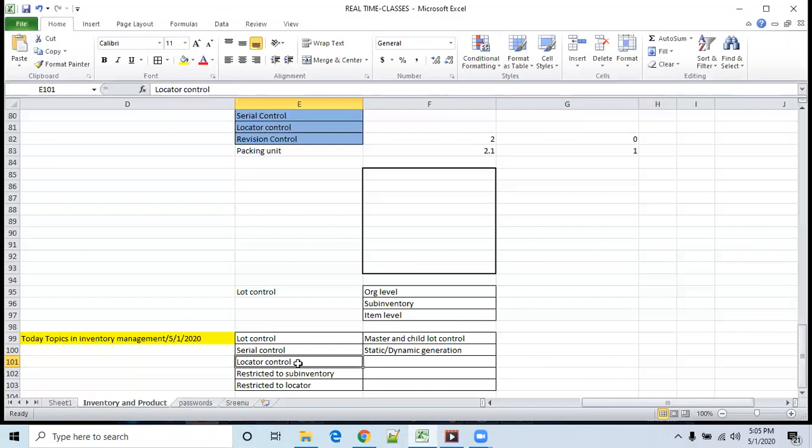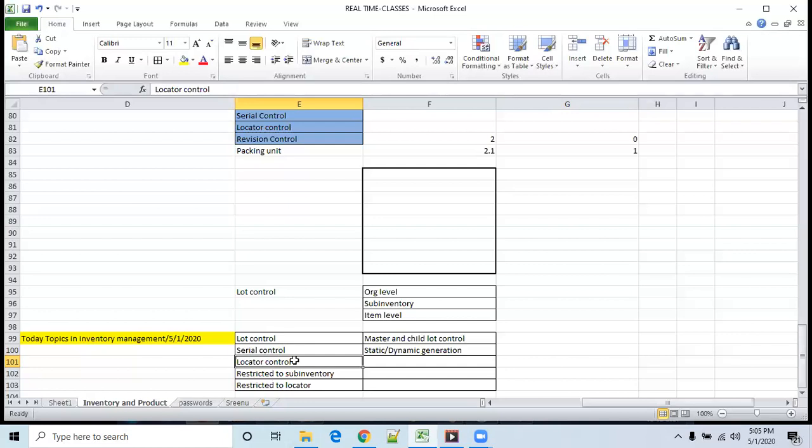Once the item is upgraded, that same item we receive in the inventory organizations with revision control.